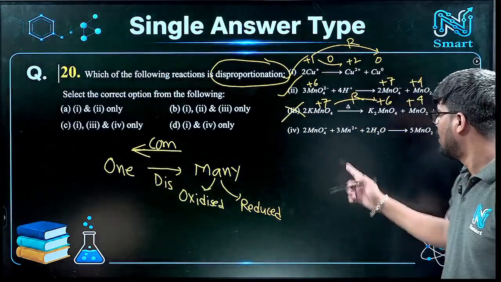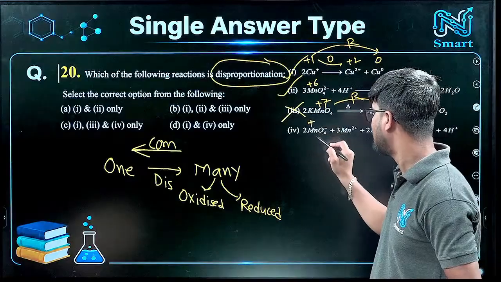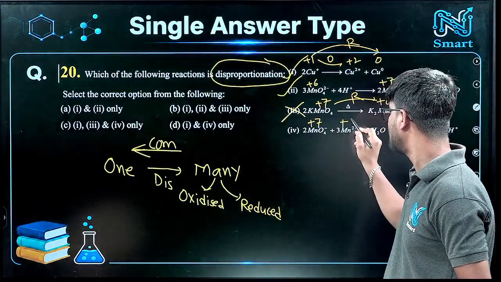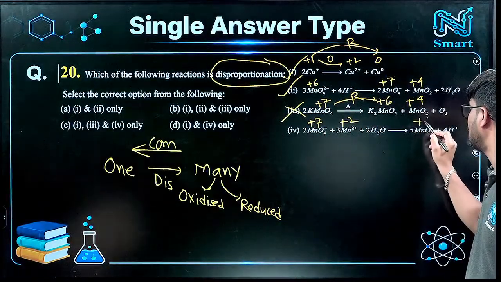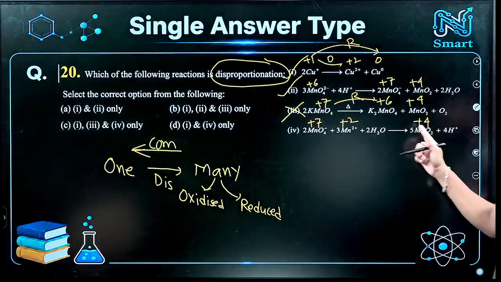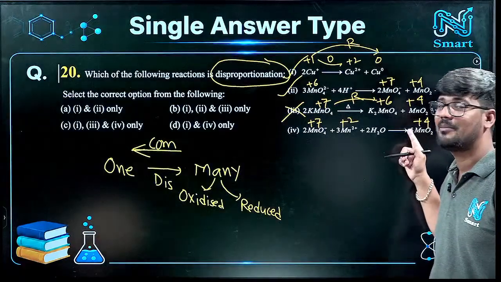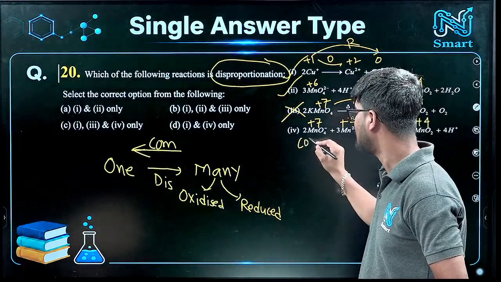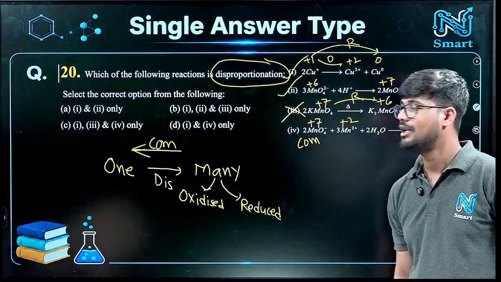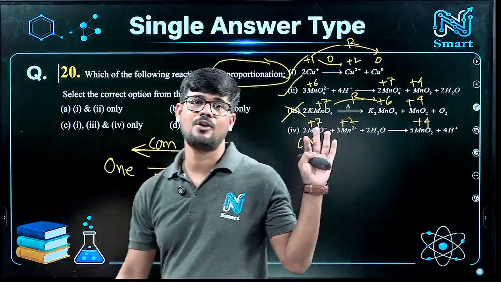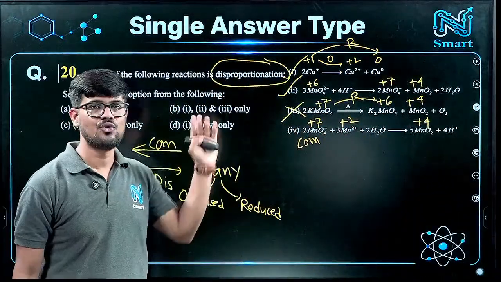disproportionation reaction. So in this case you see plus 7, this is plus 7, it is plus 2, and here it is plus 4. So from plus 7 and plus 2, from many you are getting 1. So it is com-proportionation reaction. It is com-proportionation reaction. So that's why if you analyze this thing, only 1 and 2